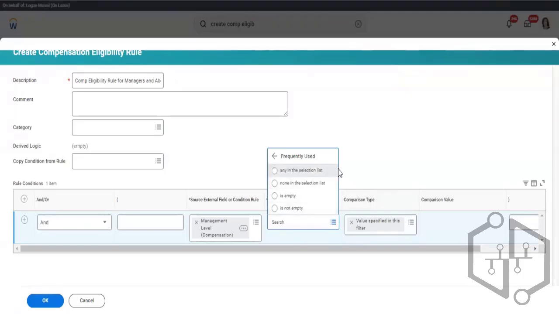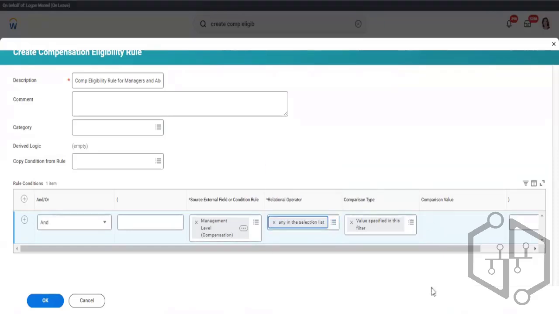Okay. Any in the selection list means whatever we select, that will be picked up. So if you go and add to the condition, whatever we have selected in the filter criteria, your condition will be restricted to that one. Not in the selection list, or none in the selection list, if you select, other than what you have selected, it will point to that. Okay. Let's say now any in the selection list, I'm actually giving